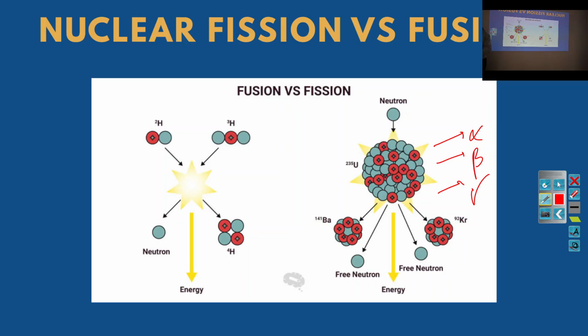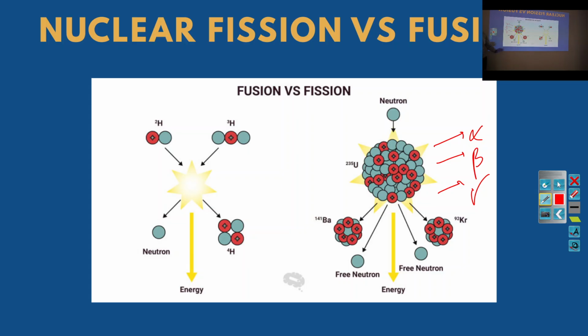It will be a clean fuel, because there is no extra carbon dioxide released. But it is a radioactive element, and radioactive elements have radiations which may have effects on humans. So if we carefully dispose of the radioactive waste, then we can make use of this nuclear energy. This will revolutionize how we are using energy right now. It can be used to produce electricity and all of that.